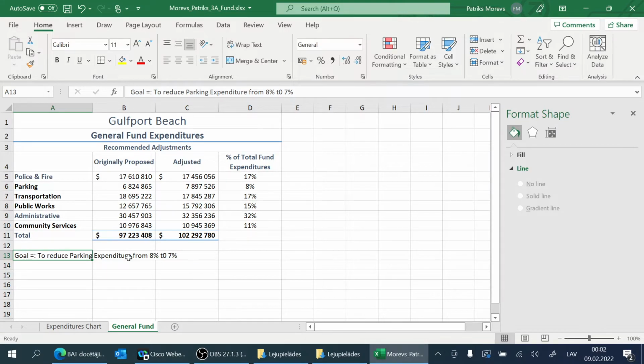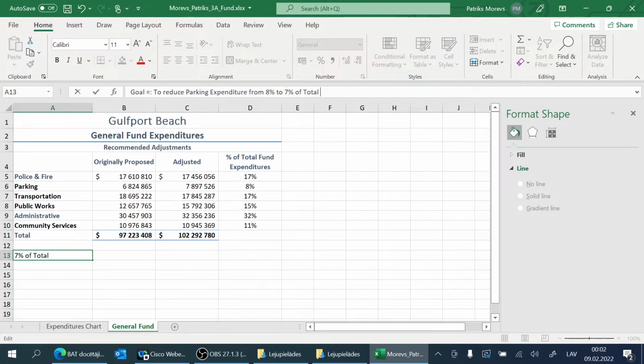And in order to make it nice of total expenditures also, let us create also here 7%